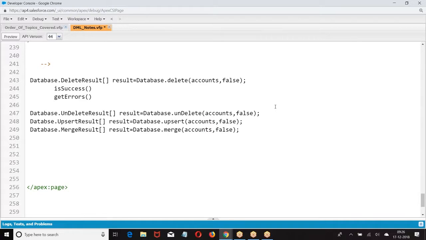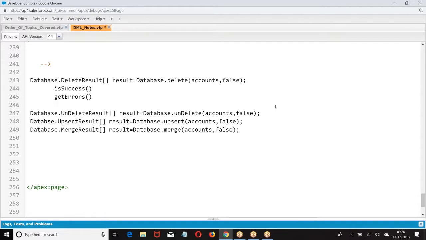Now look at the primary point. If it is an insert and the error has occurred in the insert, will you get the ID of the record? Obviously not. When the DML failed, you will not get the ID. So there is no question about ID when you go for insert. Second thing, when you go for an update on an already existing record, the ID will be there.